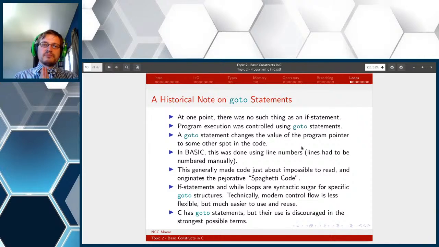Generally speaking, Goto statements made code just about impossible to read, and it is from Goto statements that the pejorative term spaghetti code is derived. The reason we call badly written code spaghetti code is that if you have in your hand just a great big clump of spaghetti noodles, it's impossible to tell where one noodle ends and the next begins. And what happens to code that's written with a lot of Goto statements by an undisciplined programmer